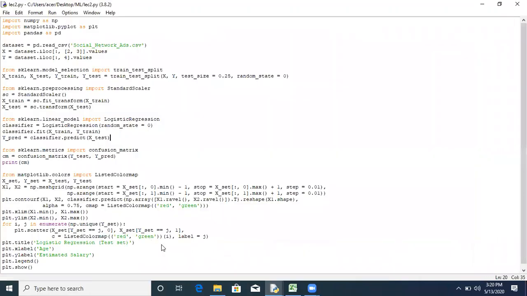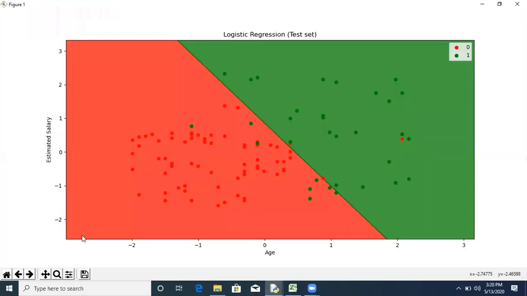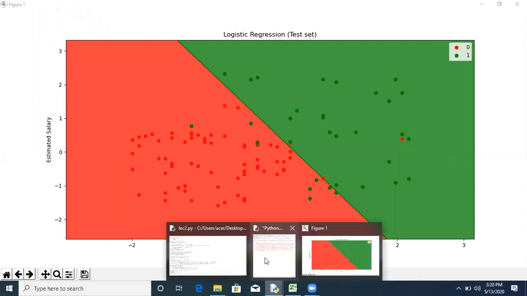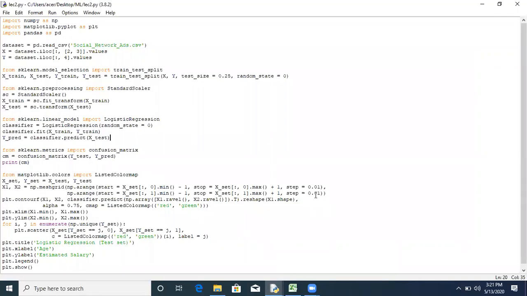And to plot this, we are using this code, where the mesh grid will focus on the starting point of the input to the ending point. Here the step size is mentioned as 0.01. It will take it as a pixel, so the steps between the pixels are 0.01.